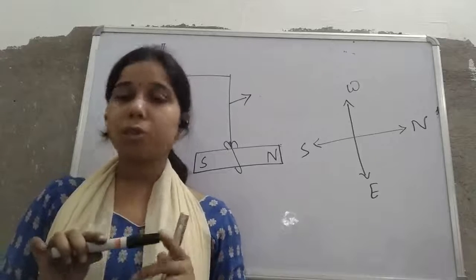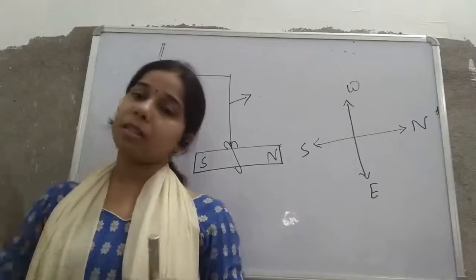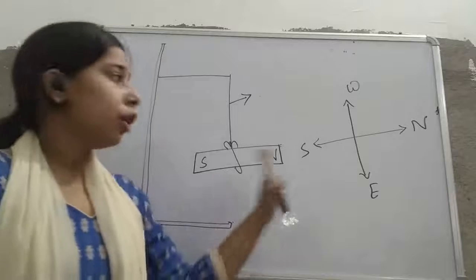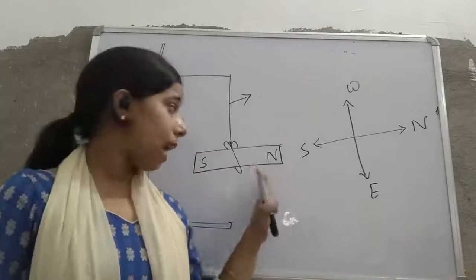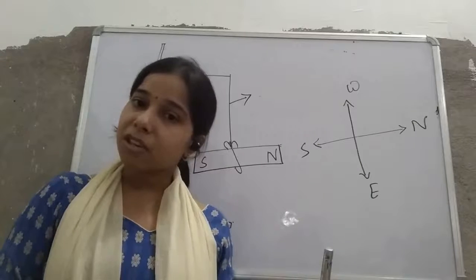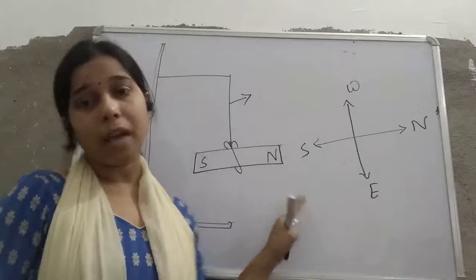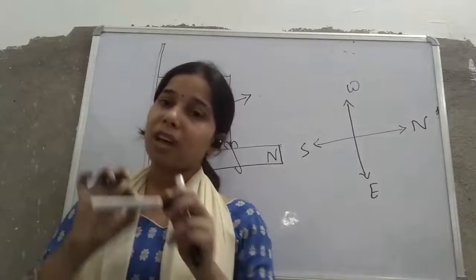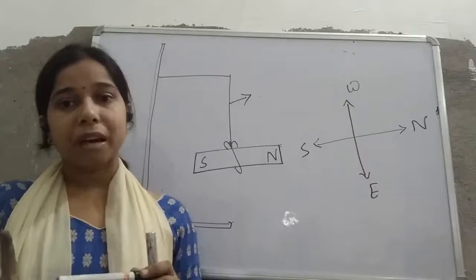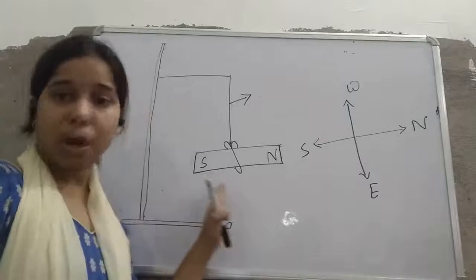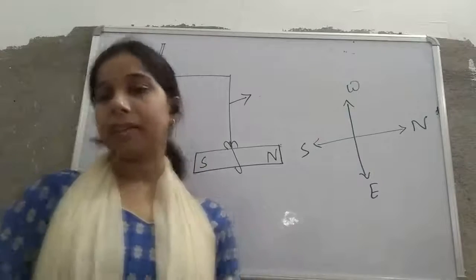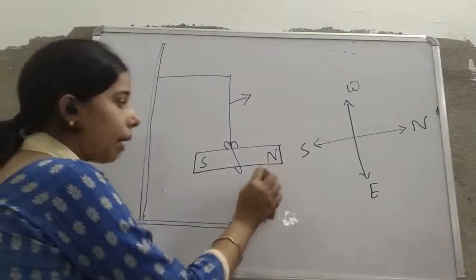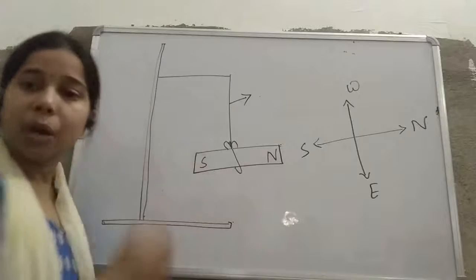So one end points towards the north direction, the other points towards the south direction, and because of that we gave them names. The end of the magnet which aligns itself to the north direction, we name the north pole, and we represent the north pole by N. And the end of the magnet which aligns itself in the south direction of the earth, we call the south pole, and we represent it by S. Okay, so this will be a north pole or the south pole.